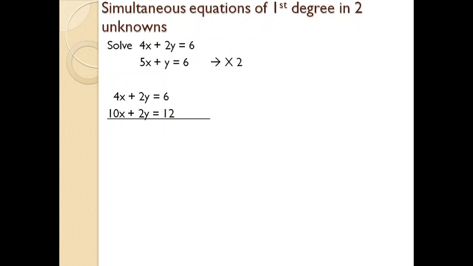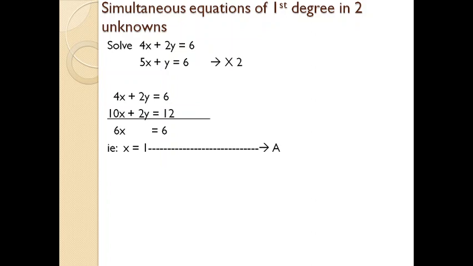Next step, the first equation is subtracted from the second. I didn't change the sign, you just have to understand. Here 10x means minus 10x because we are subtracting the first equation from the second one. Minus 10x, and plus 2y will be converted to minus, equal to minus 12. Then we will get 6x, because here 2y and 2y will be cancelled, since one is plus and one is minus, and here 4x and 10x. 6x is equal to 6, where x equal to 1.